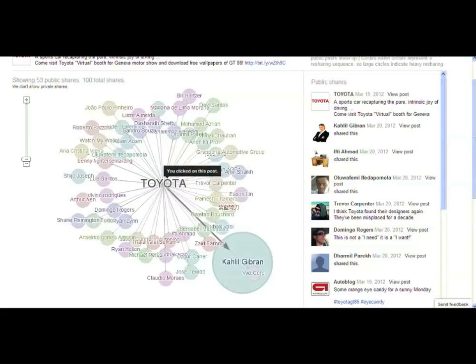If you see that Khalil is sort of a nodal point in your network, then you could make direct contact with her and tailor marketing activities around some of your most important influencers. And so one thing that we'll be working on, obviously this is a little bit limited right now because you can only see it at an individual post level who the most influential people are, but it would be nice if you could see overall for Toyota or for any of your brands who the most influential resharers are, and that's something that we're looking into down the line. But you can already see some of the power of this capability.